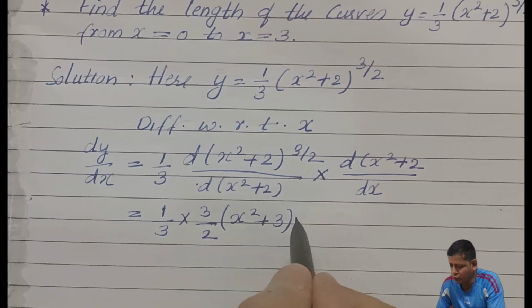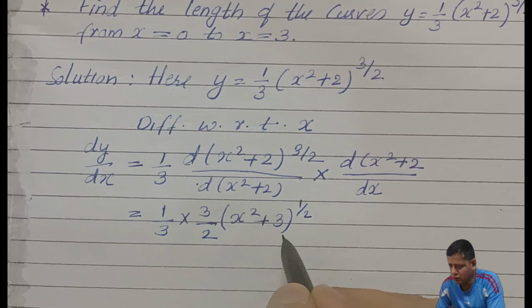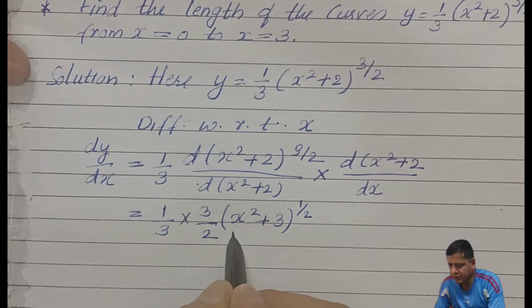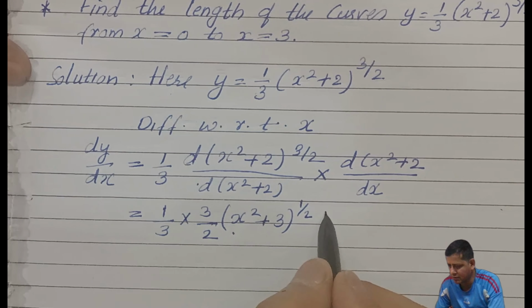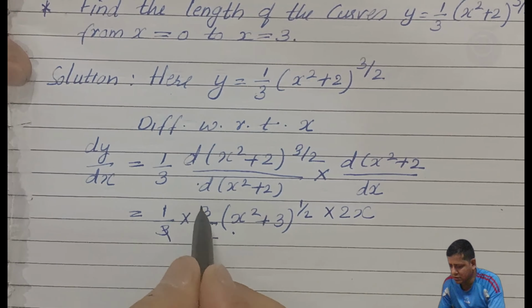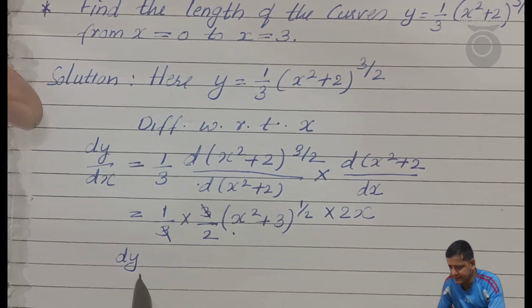And over here, when you subtract 3 by 2 with 1, you get 1 by 2. So you have to subtract it, then you get this: 1 by 2 here, and then down, this is gone. Now here what you get is just 2x, and this becomes 0, so it is nothing but into 2x. And if you go for simplification, you get dy by dx.